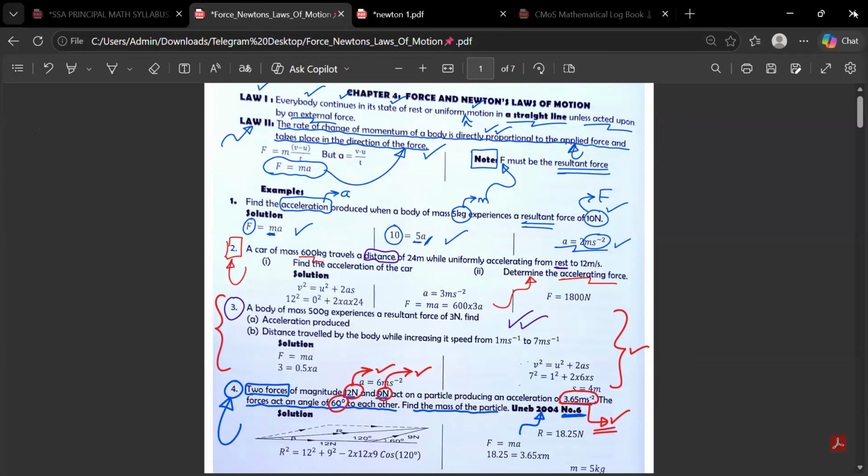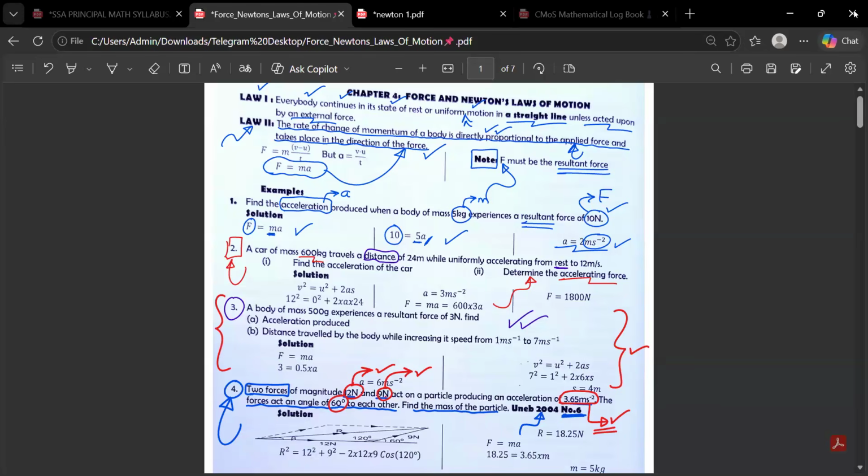Calculate the distance traveled by the body